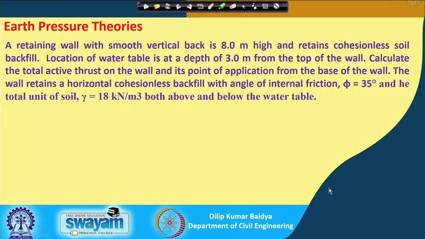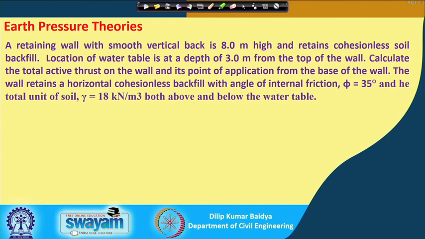You can see that a retaining wall with smooth vertical back, 8 meter high, retains cohesionless soil backfill. Location of water table is at a depth of 3 meter from the top of the wall. Calculate the total active thrust on the wall and its point of application from the base of the wall. The wall retains a horizontal cohesionless backfill with angle of internal friction phi equal to 35 degrees, and